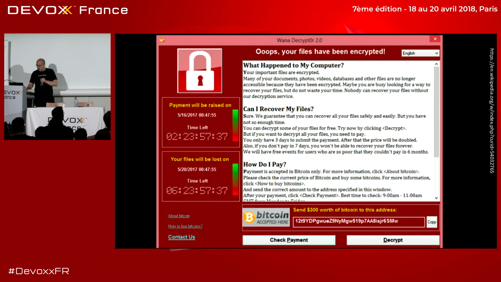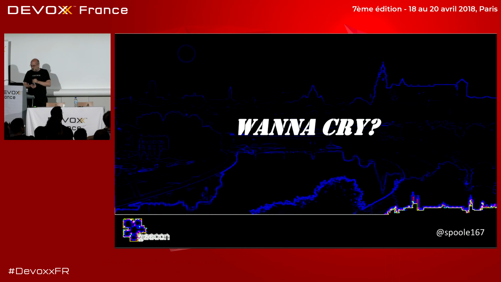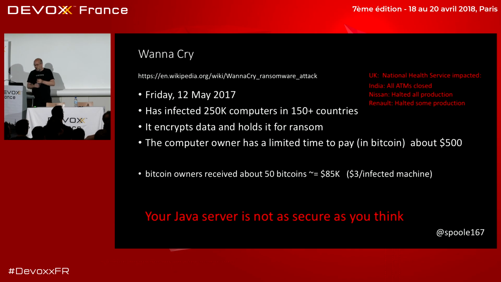Okay, anybody know what this is? Anybody had this? Oh, cool, that's good. Okay, so this is WannaCry. This was this ransomware, okay, that had a payload mechanism that you can go buy on the dark web to get code onto your system. Your system is not as secure as you think because they can attack your personal machine, and your personal machine, if compromised, can get into your server. You would be surprised. WannaCry broke a lot of things.